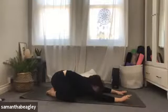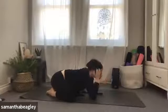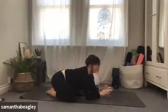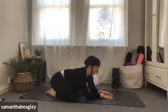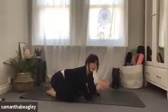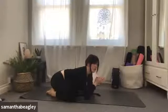So we're going to start bringing ourselves towards our Shavasana. You are very welcome to choose how you would like to take Shavasana. If you would like to take your reclining bound angle pose with your knees open and your feet together, then please do, or you can take it